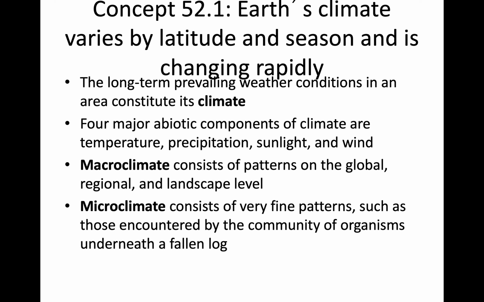So macroclimates consist of patterns on the global, regional, and landscape level, and that's kind of what I was just talking about. Whereas microclimates consist of very fine patterns, such as those encountered by the community of organisms underneath a fallen log. So we're talking about very specific small areas. We can look at a lot of things as being an ecosystem. Really, your body is an ecosystem based on the bacteria and other microorganisms that live